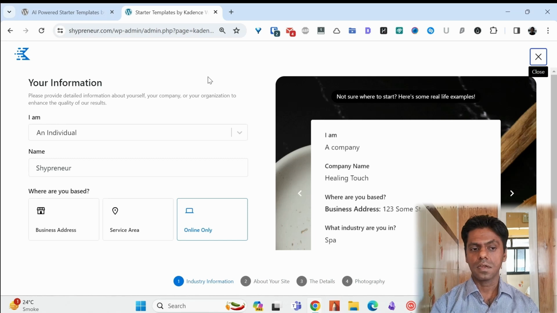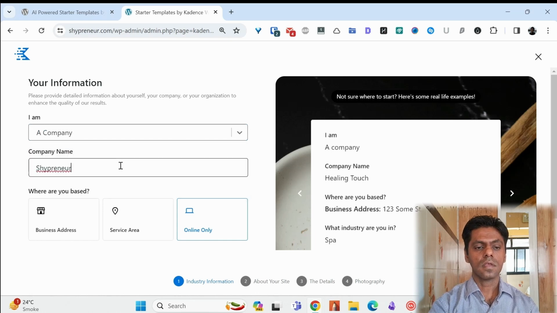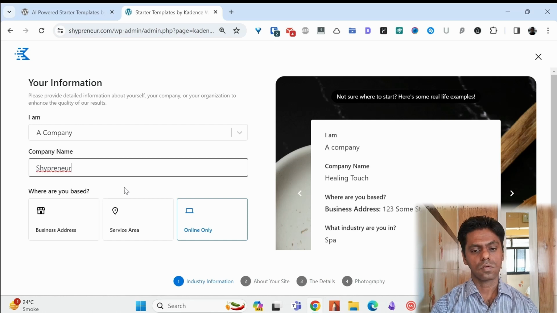When you're starting the first time, you will get these prompts from the AI to input some information about your website and it will customize and generate a website based on what inputs you give it. The first screen is your information, whether it's an individual based website or a company website or for an organization. In my case, I'll select it's for a company. Give the name of your business or company. Where are you based? Is this like a local business? So you give a business address, or in my case, it's online only. So I'll